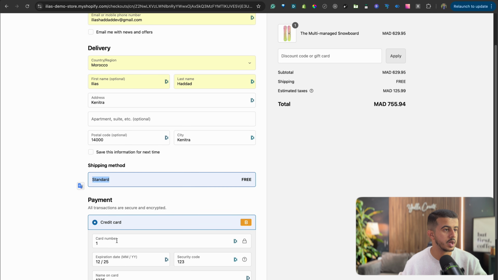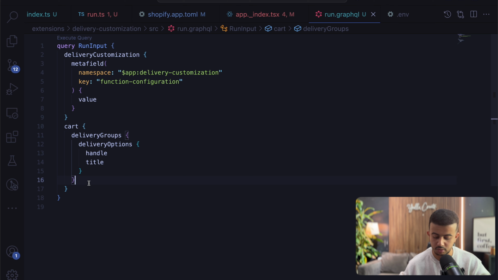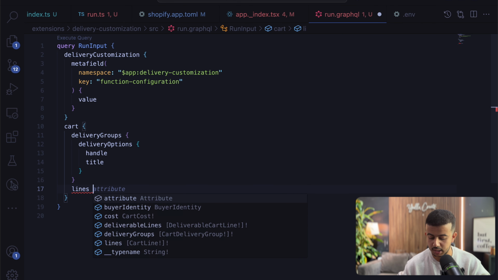Currently we have the standard one, but if we go to the Netherlands, or let's do Spain, let's do Madrid, we will see that this is the delivery group. It's the international one and the standard one. Awesome. So we got the cart delivery group,